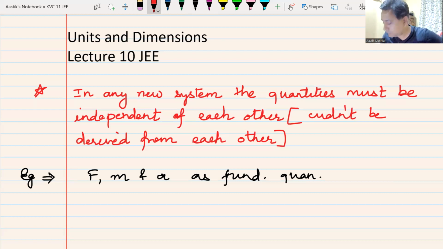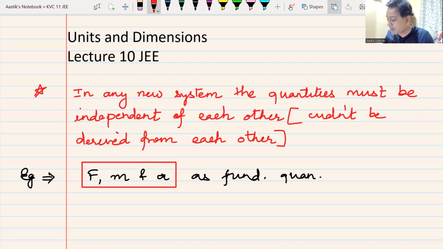I hope the mic is working. Yes. What does F stand for? Force. F stands for force. What does M stand for? Mass. What does A stand for? Acceleration. Okay. If I create a new fundamental system where I have F, M, and A as my fundamental quantities,